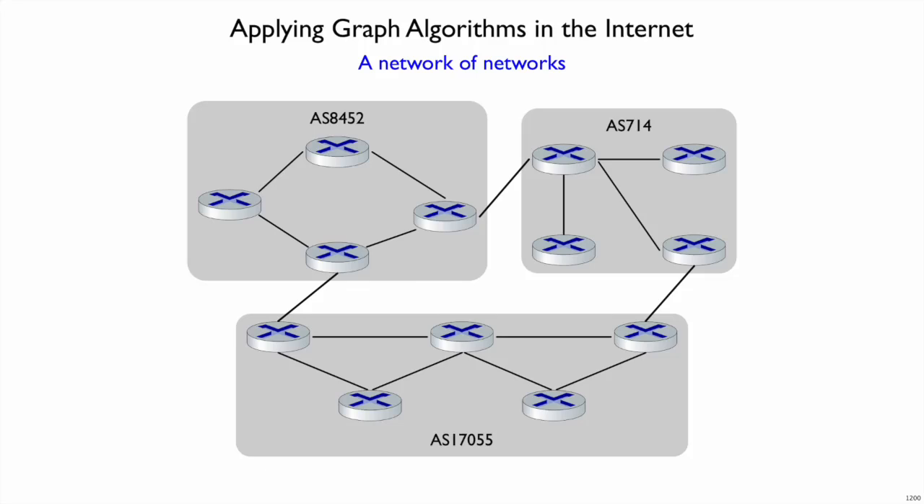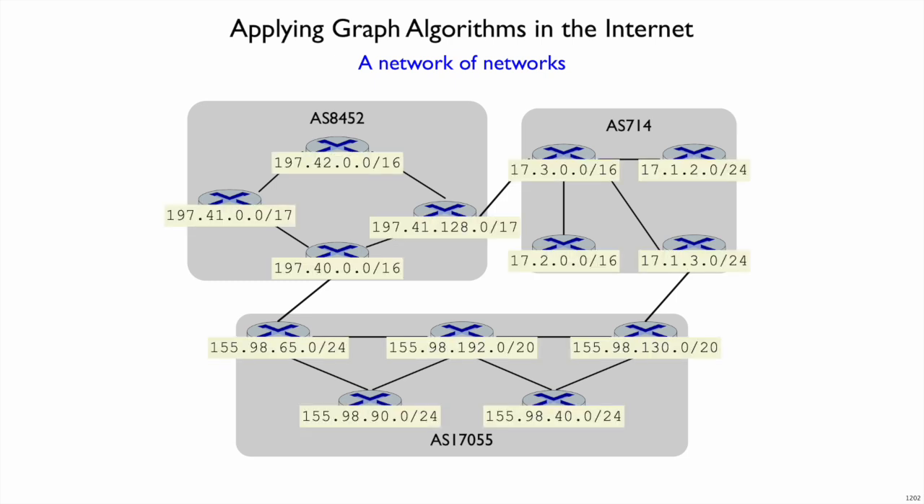Both kinds of algorithms are relevant in the internet because it is a network of networks. In our picture, I've been drawing routers. Keep in mind that they represent whole subnets. So even in this cartoon picture of the internet, we imagine these routers as representing subnets like